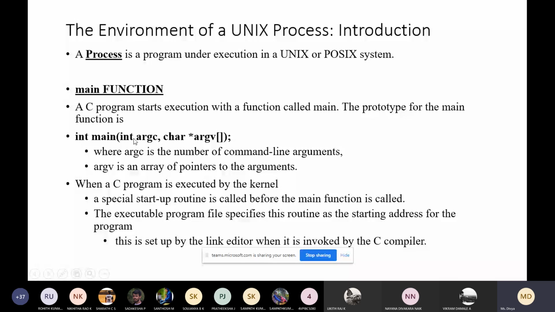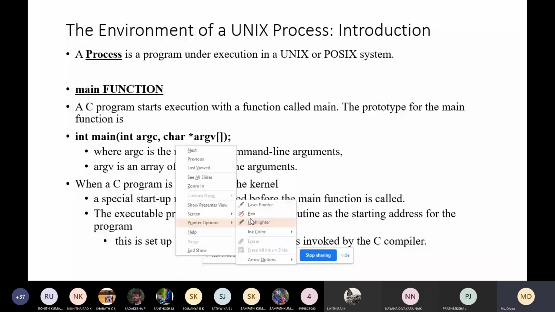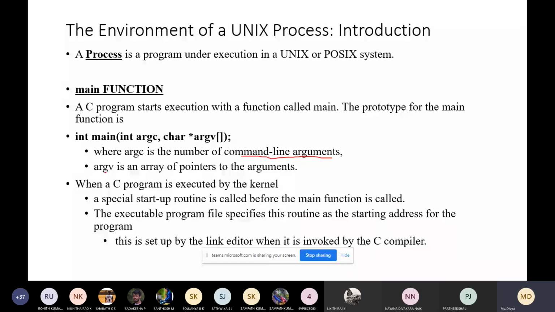ARGC gives you the number of command line arguments you are passing, and ARGV, argument V, is an array of pointers to the arguments. Whatever arguments you have entered will be stored in this array.